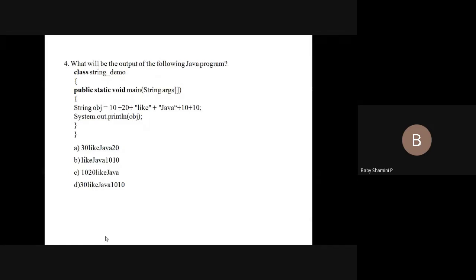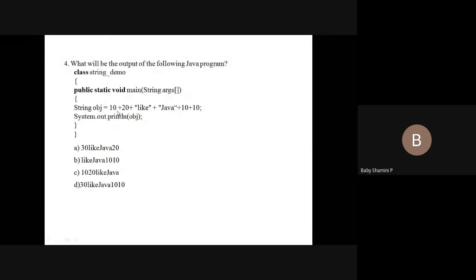These are string literals. Again we have 10, which is added after Java. First these two are integer values, so the compiler first adds these two values: 10 plus 20 equals 30.